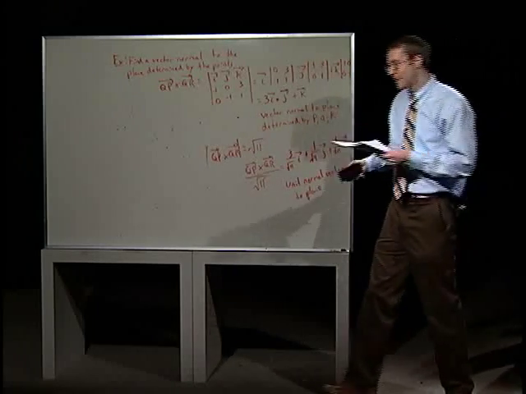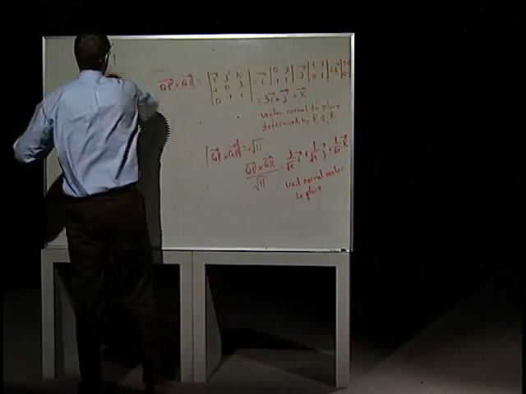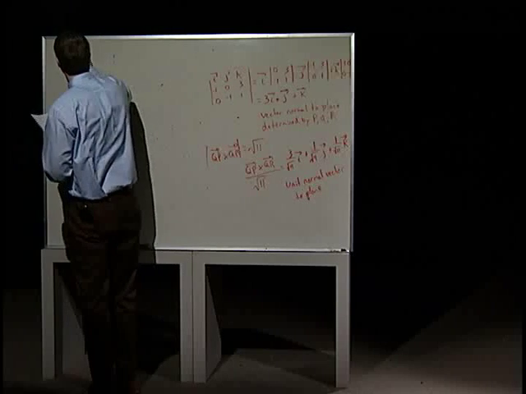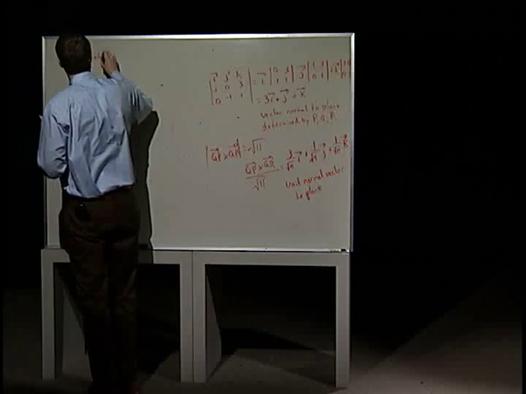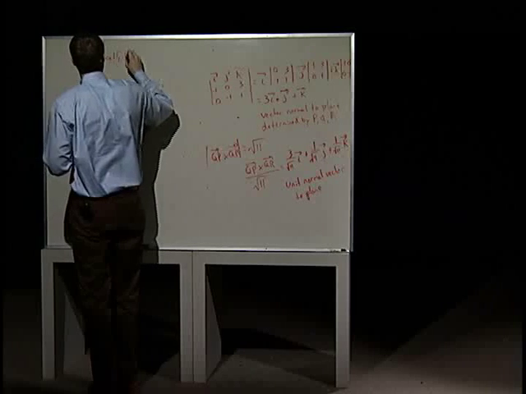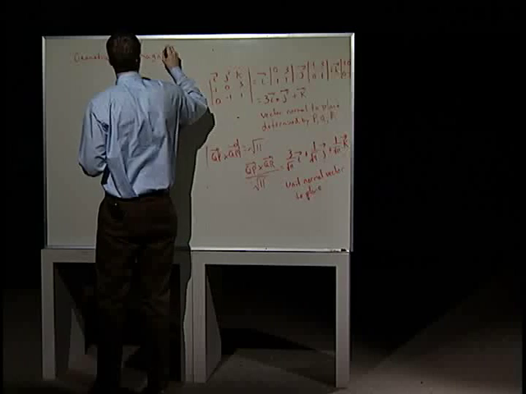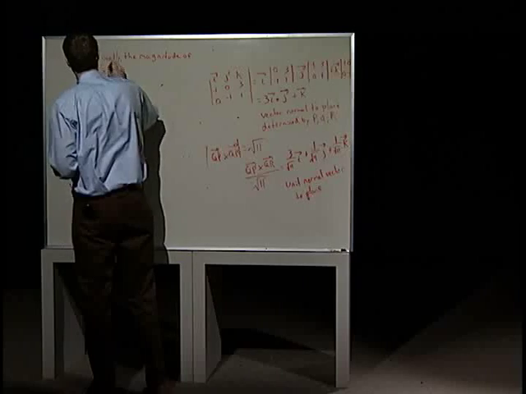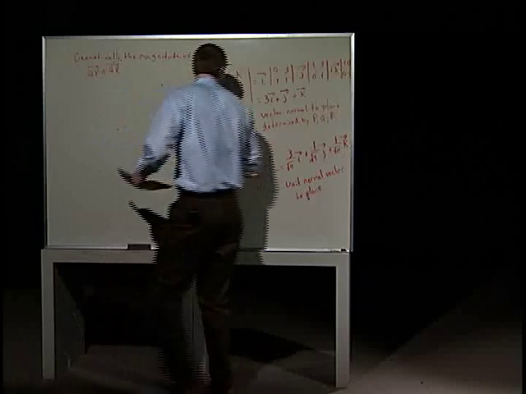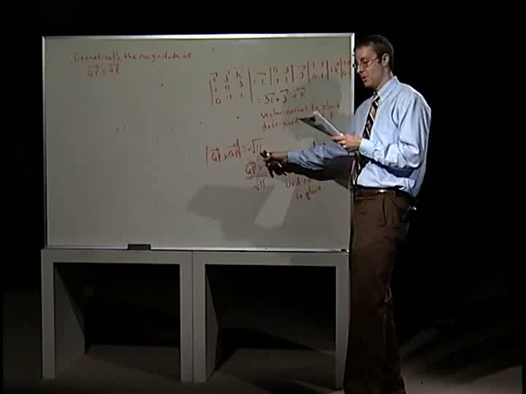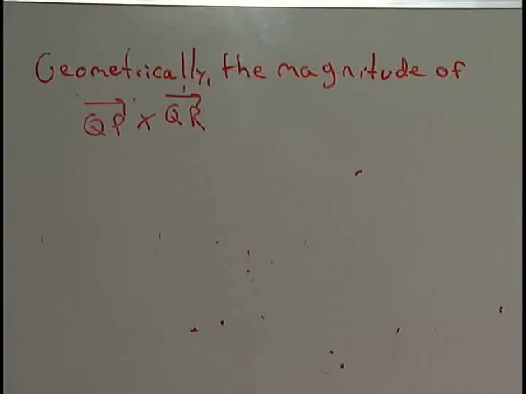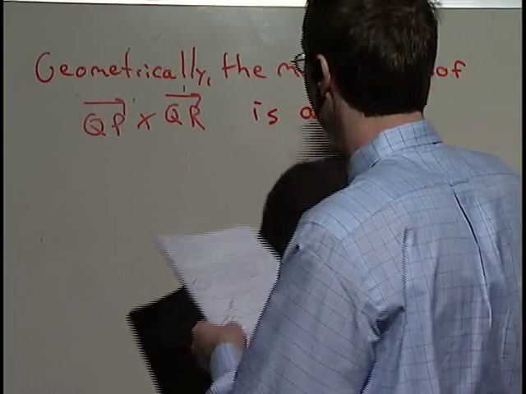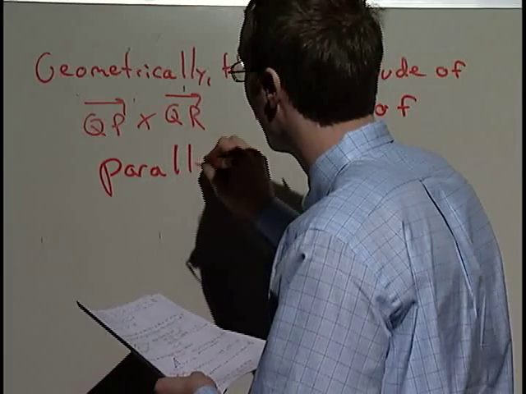Well, what else can we say about this? There's some good geometry here to look at also. So let's take a look at that for a minute. Geometrically, we found that the magnitude, the length of this cross product, QP cross QR, was square root 11, right? That's the length of it, the magnitude. What does this mean geometrically? Well, it's the area of the parallelogram